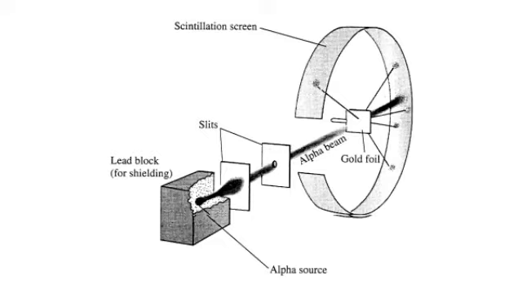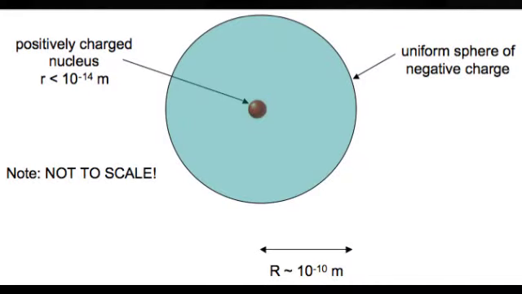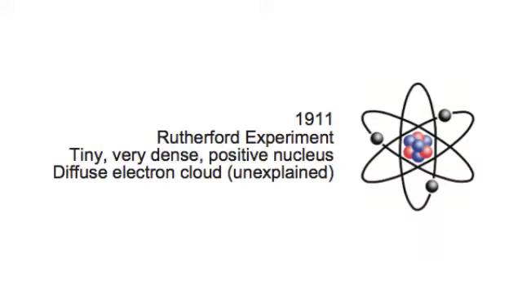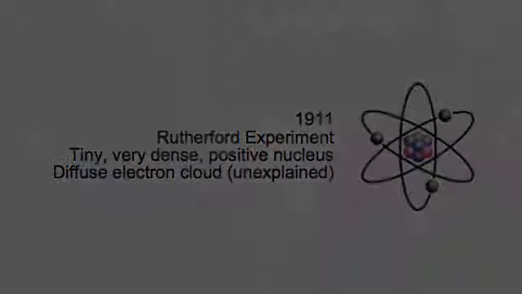Rutherford conducted his famous experiment in which he fired alpha particles at a sheet of gold leaf and was very surprised when some of the alpha particles bounced back. Rutherford's explanation of this experiment was that the atom consisted of a small dense nucleus and was mainly empty space with the electrons. The Rutherford experiment says nothing about the electrons.